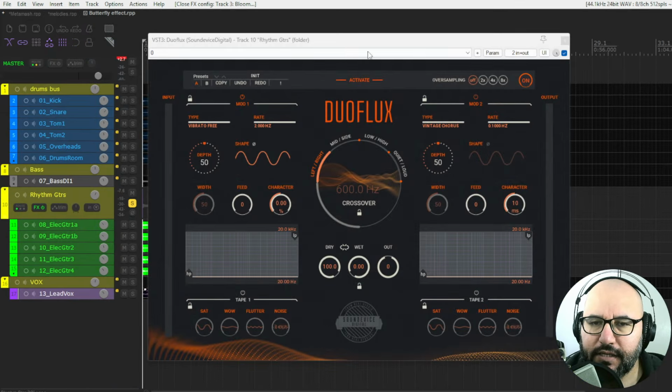Finally, let's check it out. The new plugin in the United Plugins catalog. This is the Duoflux, a very cool plugin that makes an innovative take on modulation, right? It's a dual modulation engine, which means that you can blend two different modulation effects into one. For instance, here we have